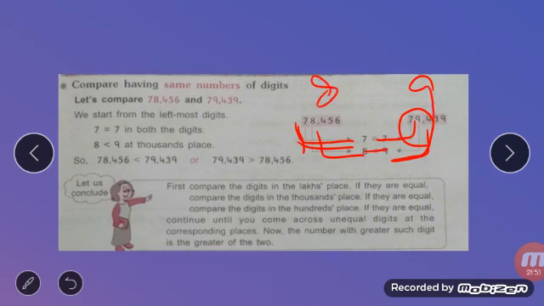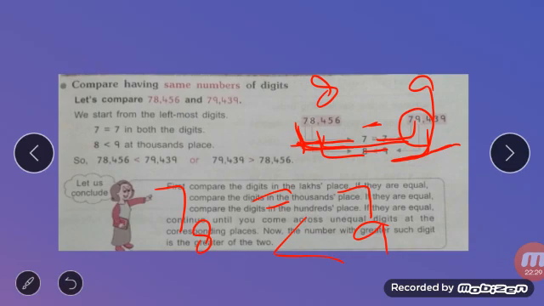In case the digits are the same, you have to start comparing the numbers from which digit? From the first digit. From here it is first, no? So from there you have to compare. If the first number is the same, that is equal. Okay, so see, 7 here, 7, and this side also 7, that is equal. Then you have to see 8 and 9. So 9 is bigger. It means the number which has this digit 9, that number is greater.